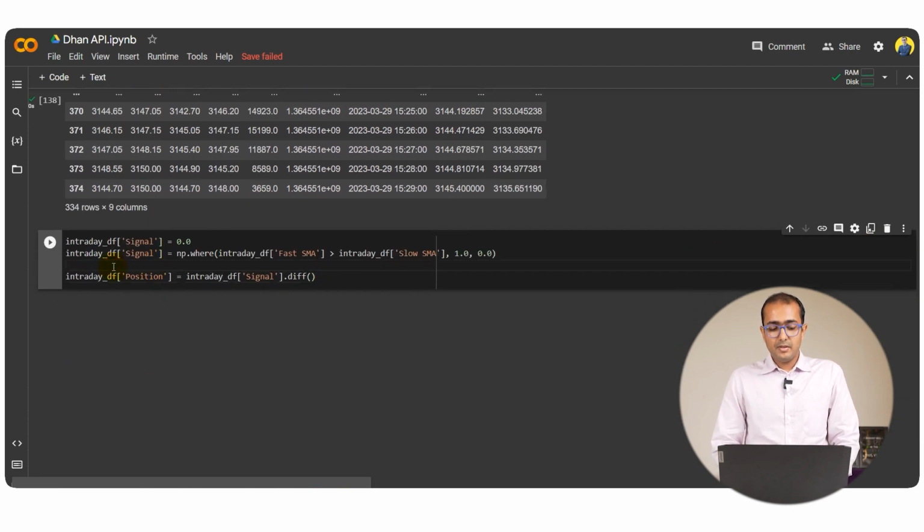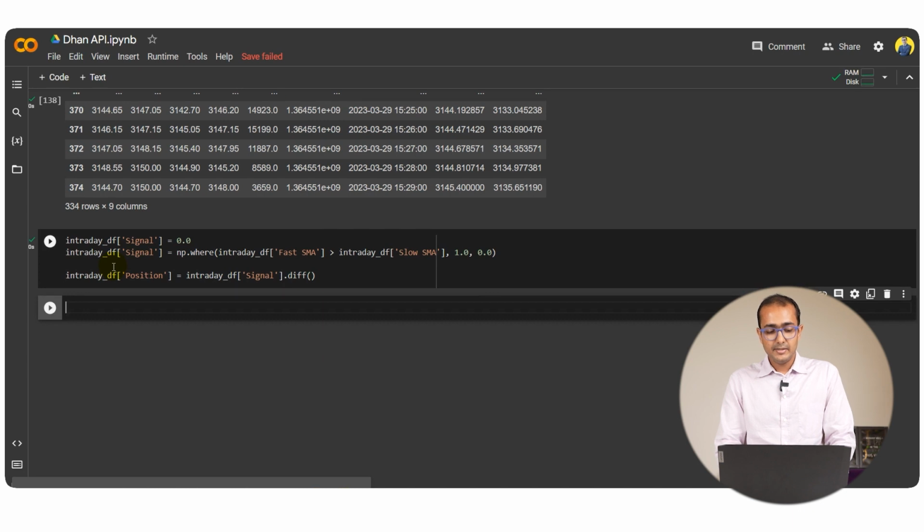Now I've written a couple of lines here where I have actually provided another column, which is signal, and provided a value of 0.0 for the entire column. Now I'm changing it where intraday fast SMA is more than intraday slow SMA, then make it 1, otherwise keep it 0. Now there is a different column, which is position, right? So intraday position is equal to intraday signal dot diff, which is actually considering the difference. If I run this particular cell,